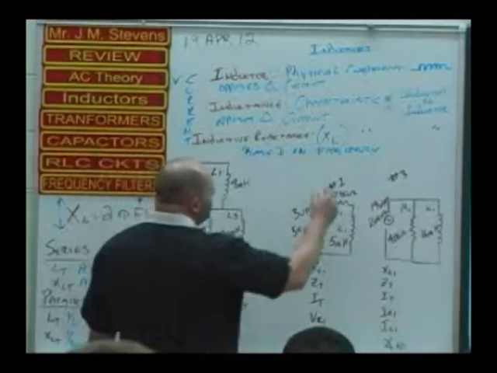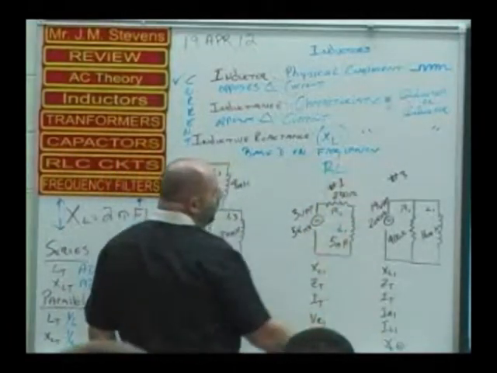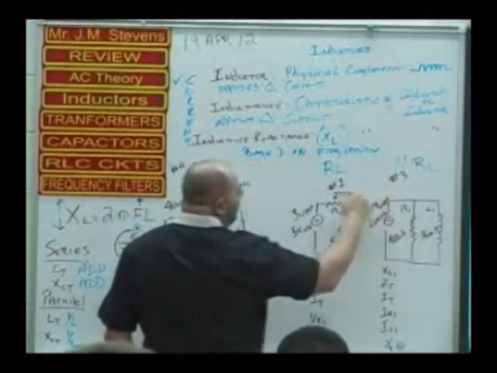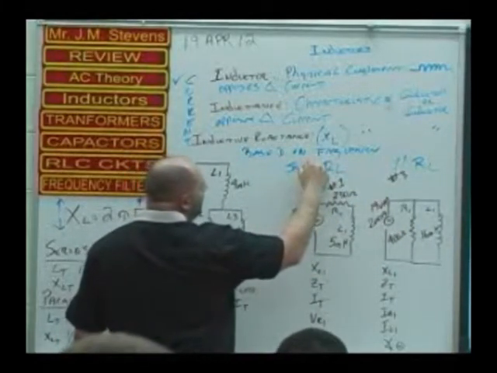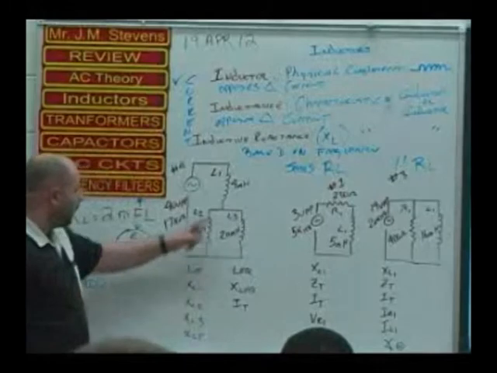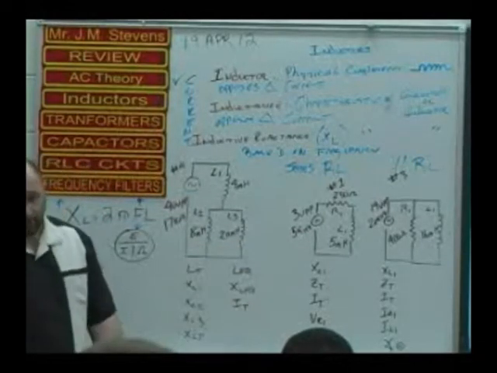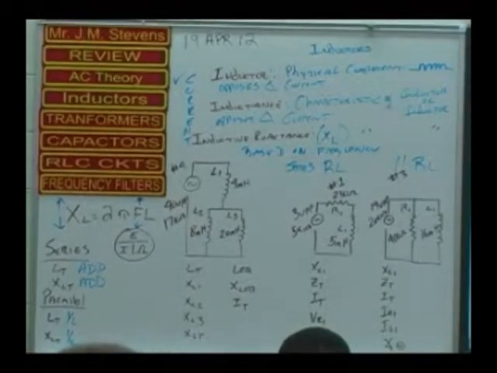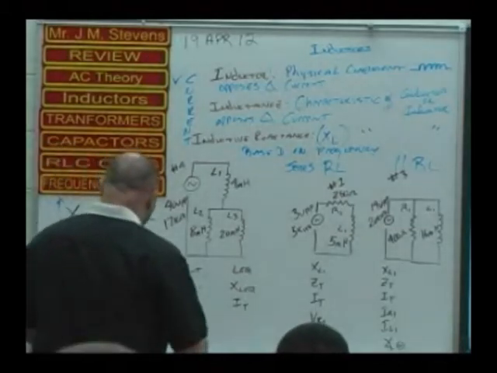This should be second nature now. And then this one's a what? Yeah, this is parallel RL. And this one just happens to be a series parallel inductive circuit. So if you are able to solve these with ease, with very little difficulty, good. As far as inductors go, good to go. So now,